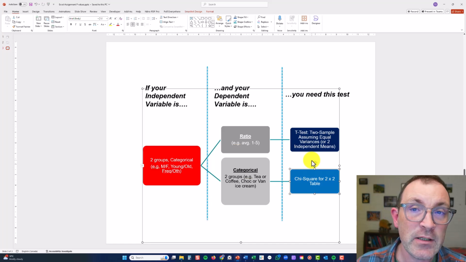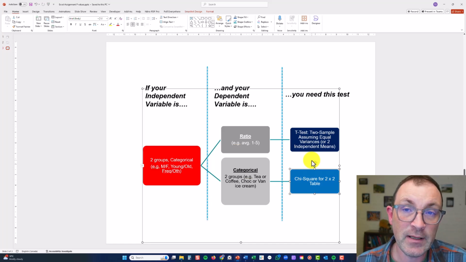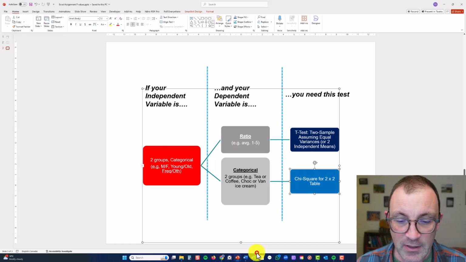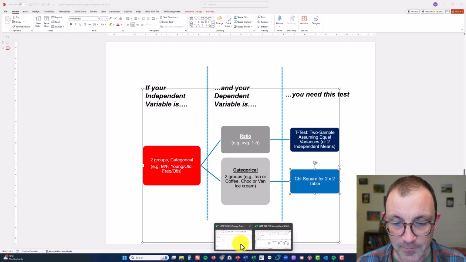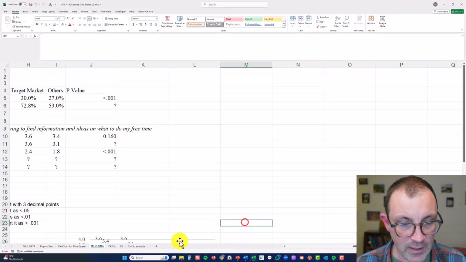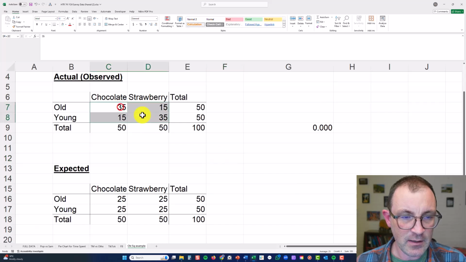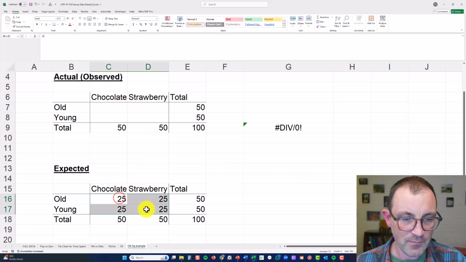But a chi-square test, we have to do it differently, but it's still going to give us a p-value that we can interpret in the same way. So how do we get there? Okay, well, we can do a chi-square. So here's an example of our